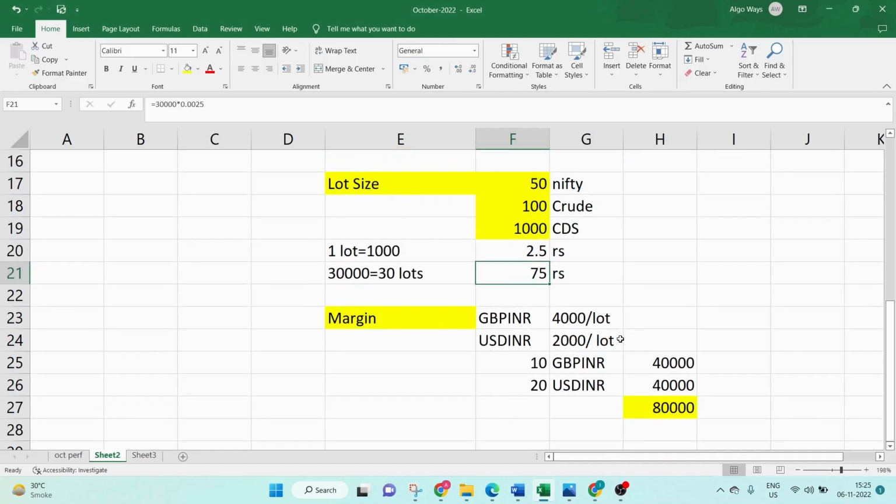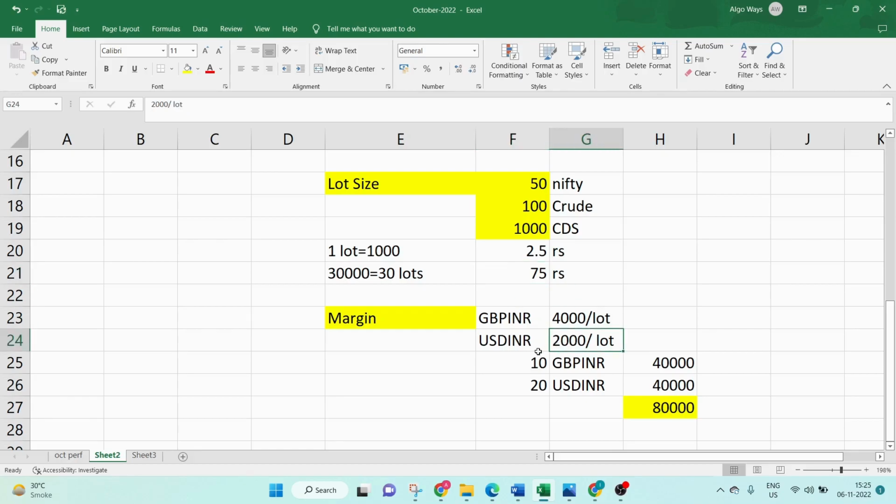Most important thing is margin. Margins of late have gone up. That is primarily because of drastic moves in GBP INR and so many reversals. So the margin has been increased. It is 4,000 rupees per lot in case of GBP INR and 2,000 rupees per lot in case of USD